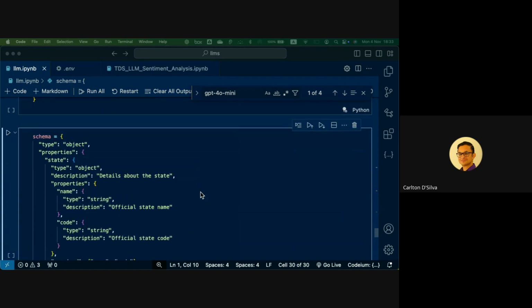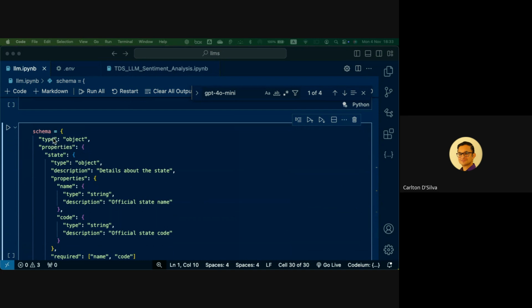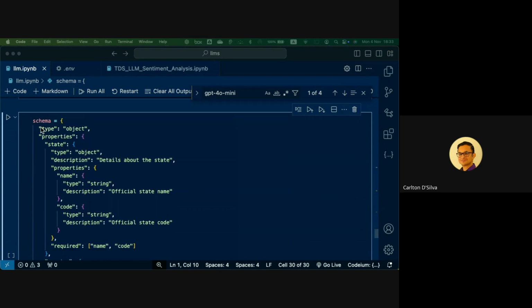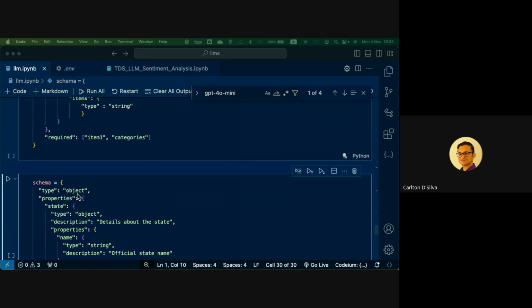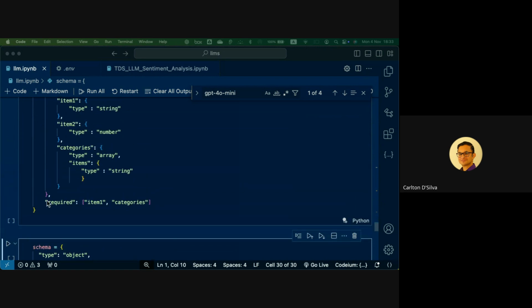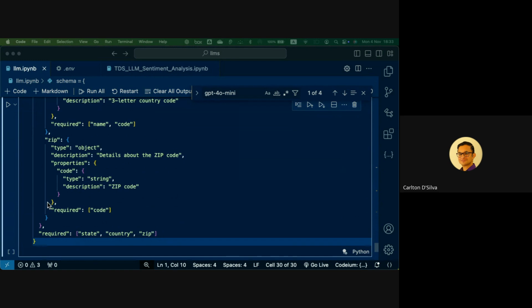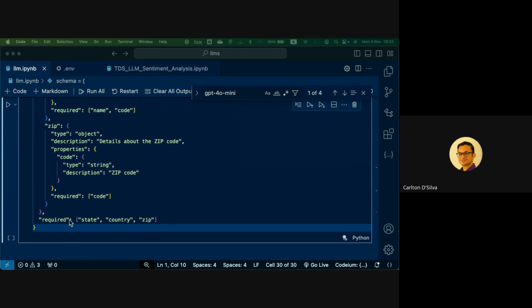Okay. So now this is the same thing, but dealing with the address. You can see here, remember what I told you? There's a type, and there's properties. So type is object. What are the properties of this object? You can see that there. And if you go to the very bottom, you can see, okay, required.